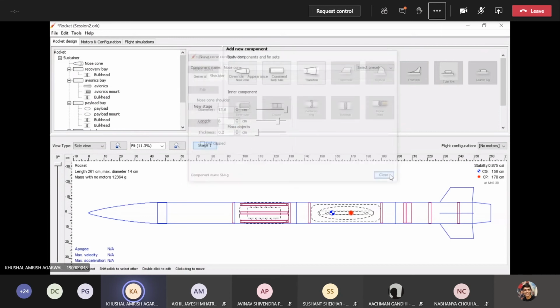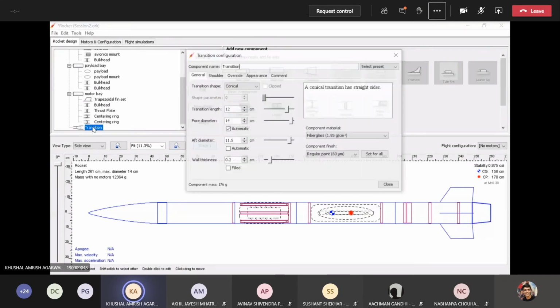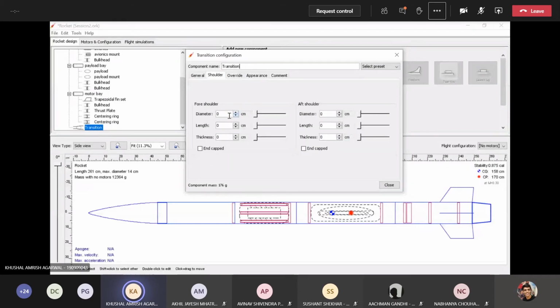This is done, and we'll do the similar part on the transition also. Again, clicking on transition, going to shoulder. The diameter will be 13.6, length 6 centimeters, and thickness 0.2.